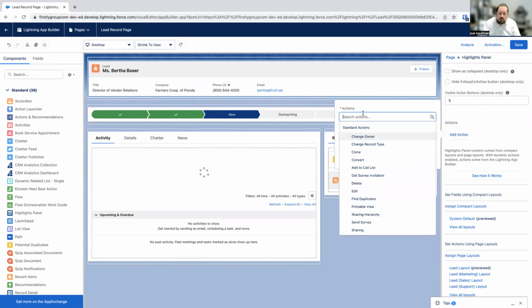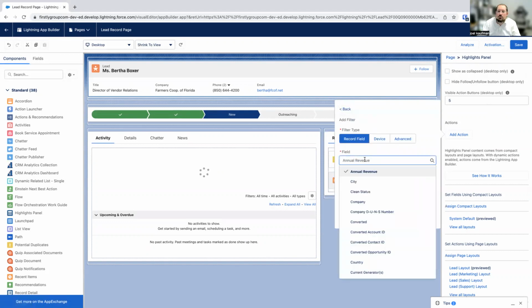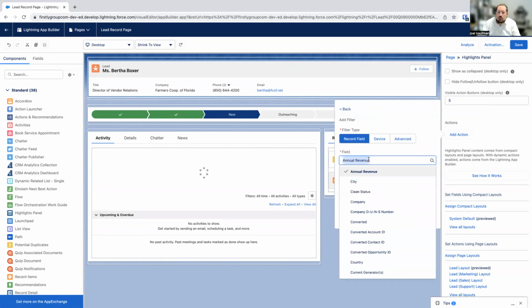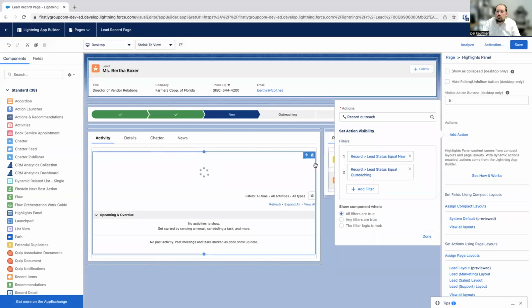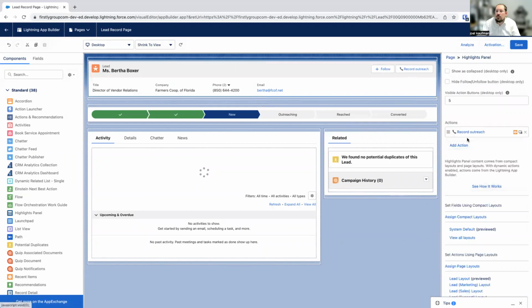So the first button is to record outreach. So we'll just go over here, record outreach. We'll put a filter, and we'll only put it for the lead status is in new, or the lead status is in outreaching. Any filters are true, so or. And the next button is add another button,